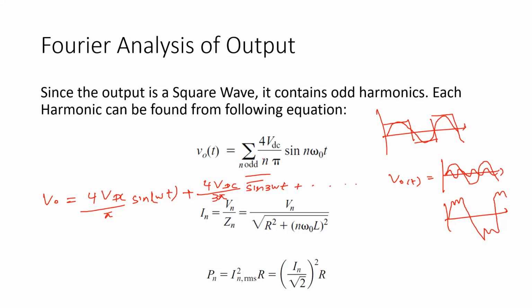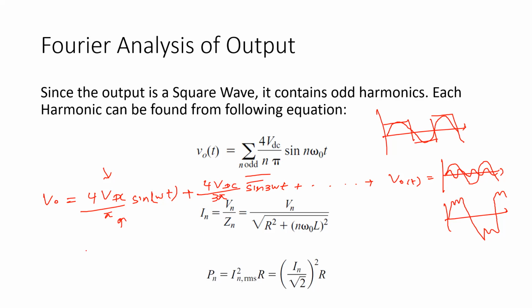You know how to expand this, right? I hope everybody knows how to expand this. This is the fundamental, this is the useful one, the others are harmonics. What we are going to see is how much content there is in the fundamental waveform and how much in the others, which we can easily find. Actually we don't need each and every one, we only need the fundamental and the others all together. That's all you should know.